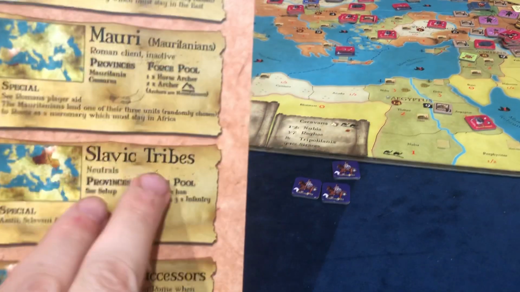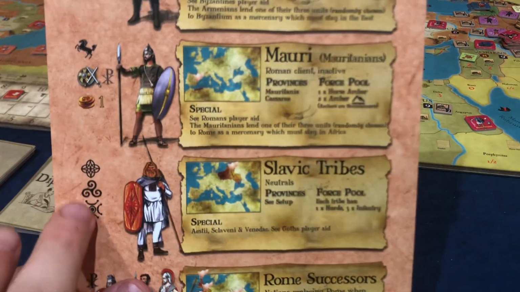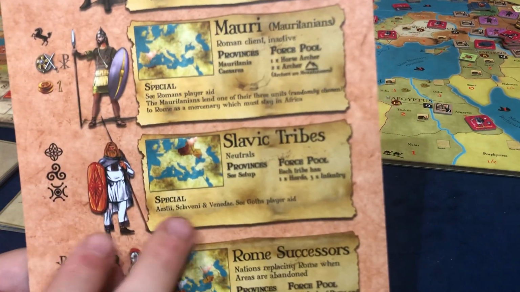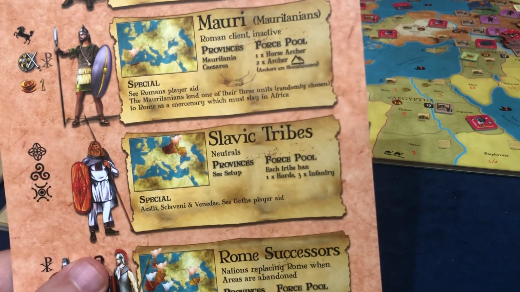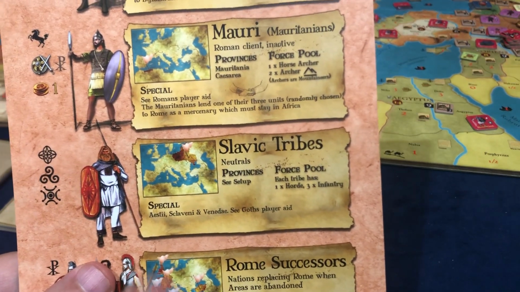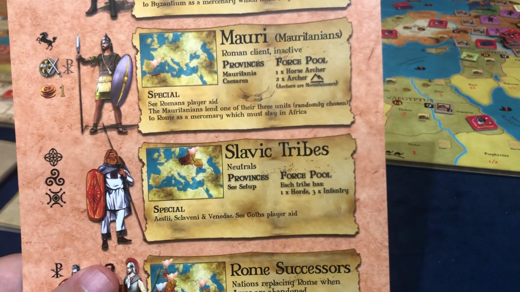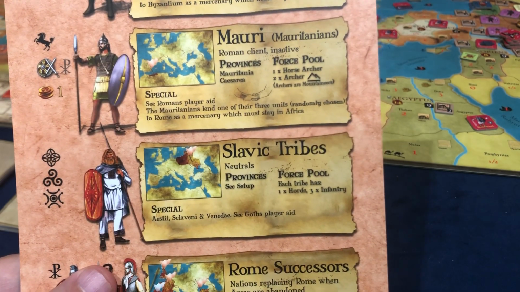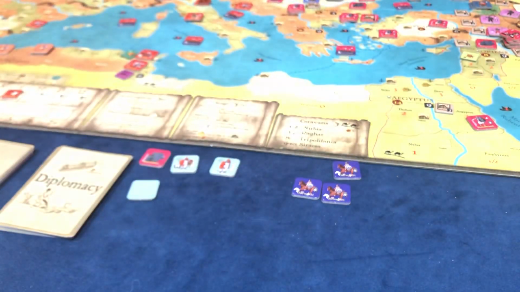I mean, they are Slavic tribes. So I think that's just religious symbols. And it does tell you to look at the Goth player aid. You know what? It has a Horde, so it's a barbarian. It wouldn't have changed the outcome of the last roll, but we're only going to get a +1 to our die roll. So these guys are considered barbarians, and since you're attacking a barbarian in a forest, they actually get